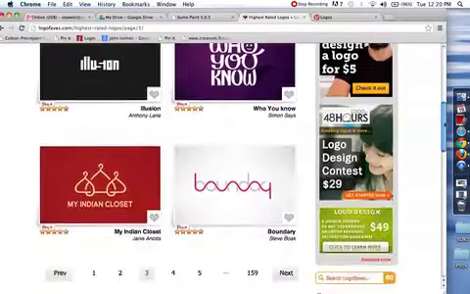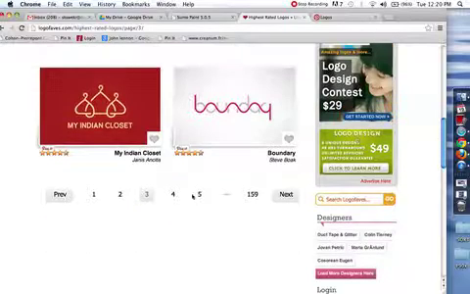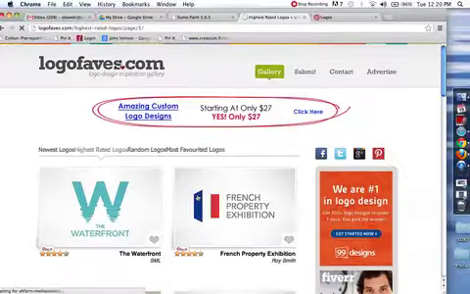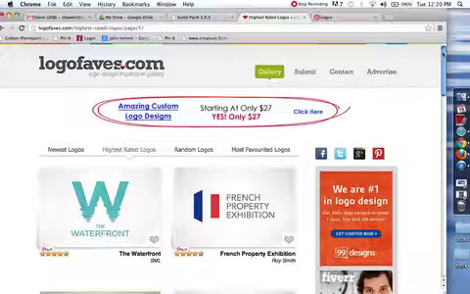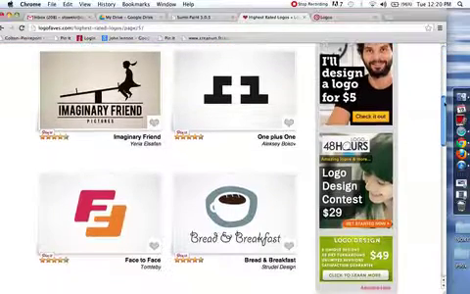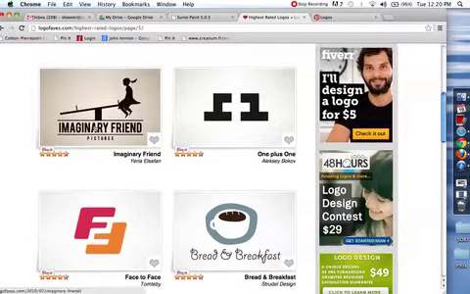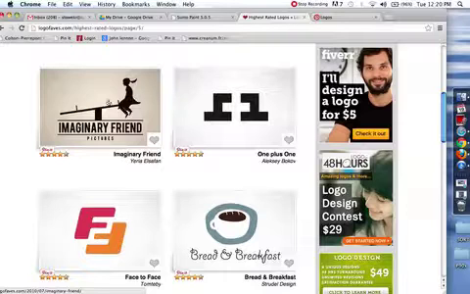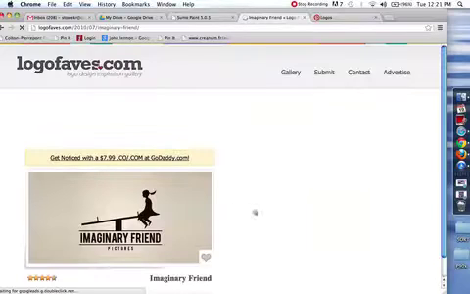So I'm going to scroll through and find a logo just by scrolling down to the bottom and clicking random pages. And this is actually a logo I really like. It's pretty complex, but I actually like the silhouette and I like the story it tells. Imaginary friend pictures. Obviously, it's implied that someone is sitting here holding her up, even though there's no one there. So I like that story. So I'm going to open it up, click on it,